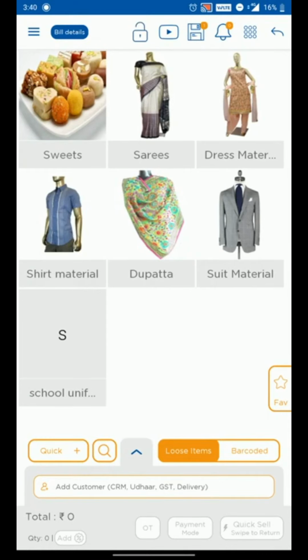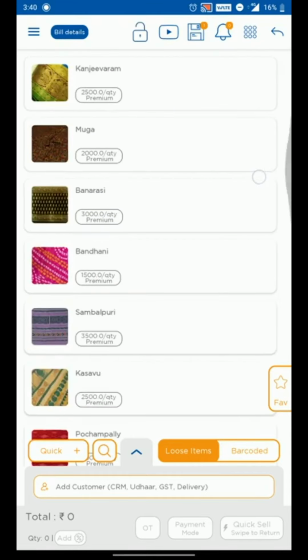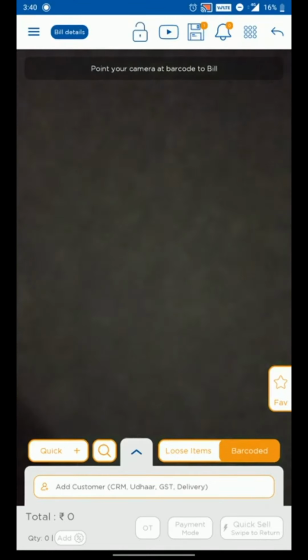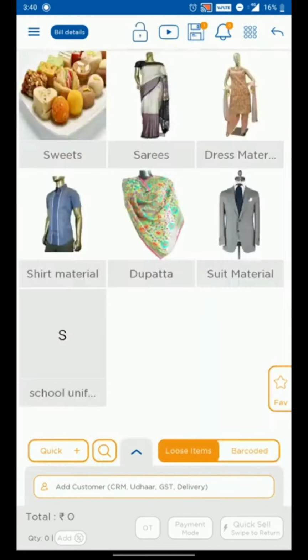When we go to the billing option, you can see the products that you added to the stock, or you might also see the barcodes of these products. For each product, there is a different barcode, right? So now the next step is that if I open my camera to scan the barcode, it will only take 2 seconds. Now you can see all the categories you've added.